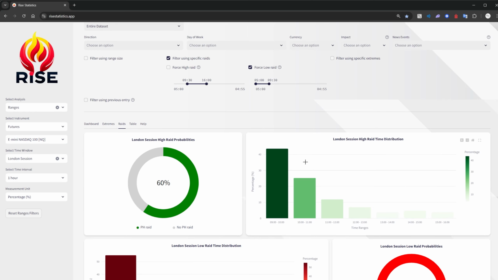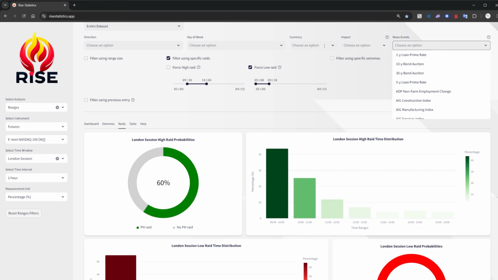Overall, what did we showcase here? Well, of course, how to use the right statistics and everything, but the main key aspect we want to focus on in the data is that, hey, if you take out either the high or the low between 5 and 9:30 and leave the other side open, there is a statistical probability that we will be reaching for that other extreme during New York session, or if you prefer calling it that, during regular trading hours. This is the specific data we just look for. That is without any advanced filtering of, hey, sometimes we have specific news events.